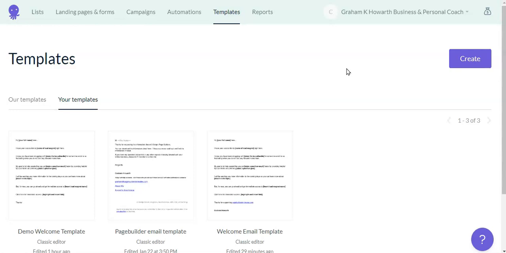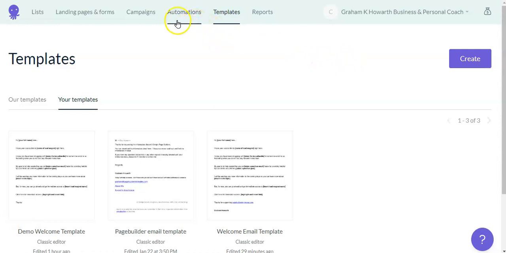In this video we're going to look at setting up automations on Email Octopus. An automation will enable us to send our welcome email to our new subscribers. I'm going to be building on videos that we've done before, so if you haven't seen those previous videos, I'll leave the links below and you can go to those and then come back here.